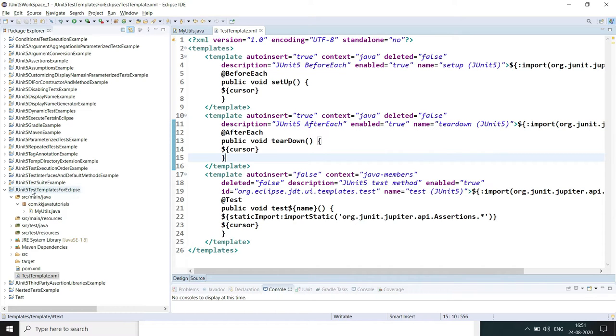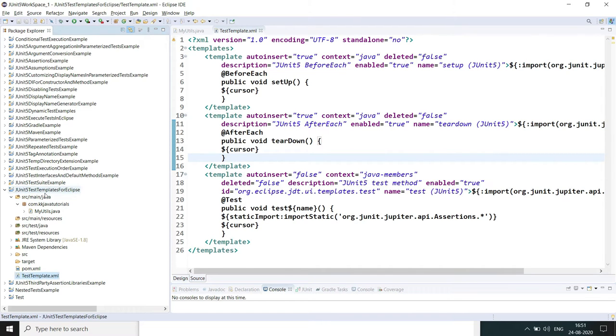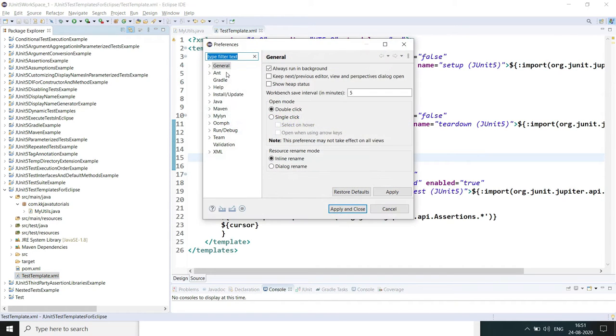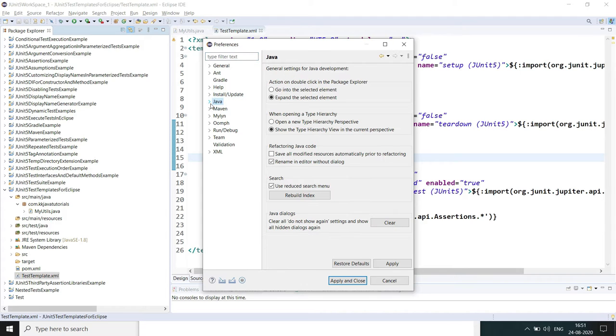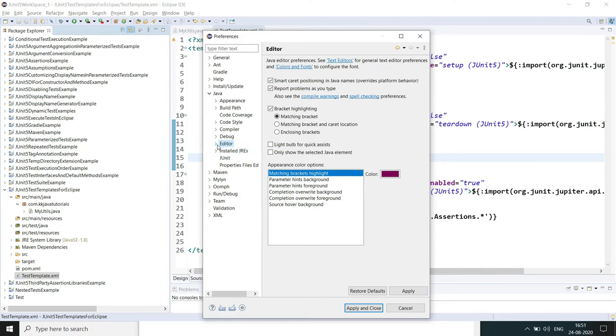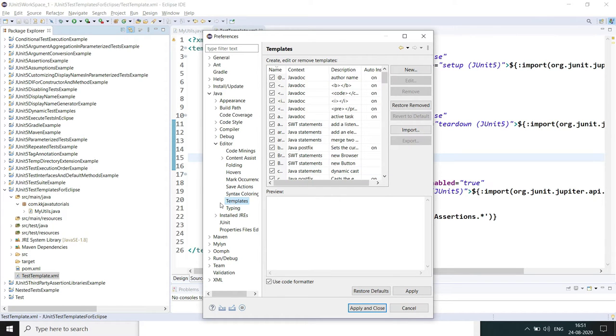I have copied this file into my project root directory. To import it in Eclipse, you have to go to Window, then Preferences, and within the preferences go to Java, and under Java you have Editor. Click on Editor, expand it, and within that you will get Templates. Click on this.